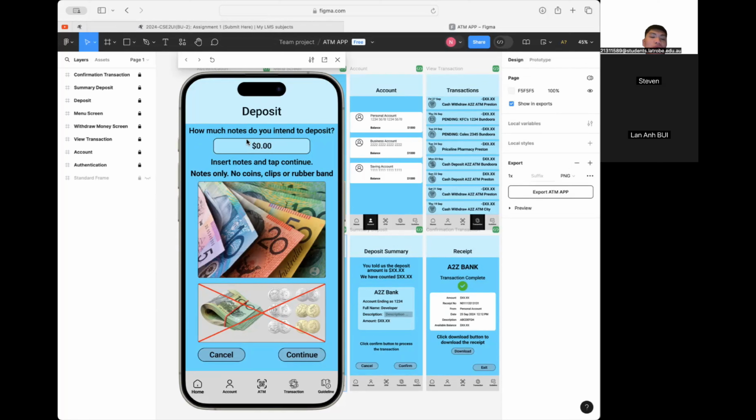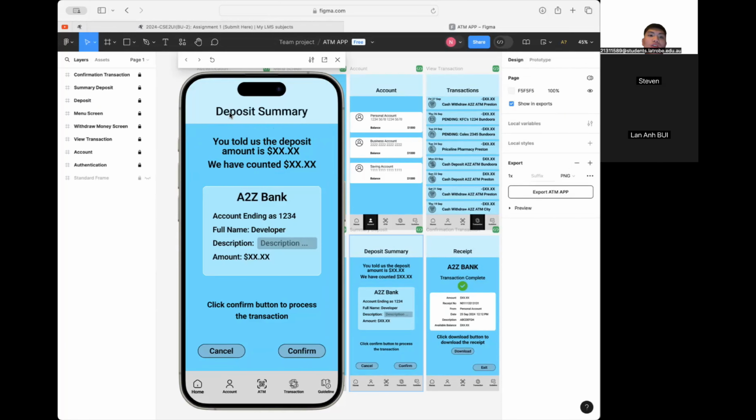And yeah, as I said before, if you click continue session, it will move you to the summary of your deposit, and you can double check if your deposit is correct or not. In this section, you tell us the deposit amount in dollars. It's just to double check. It's not necessary for this amount to equal this amount. It's just for you to make sure that you input the correct number when you put the money into the